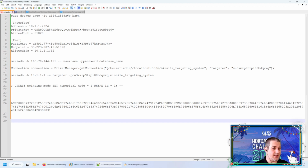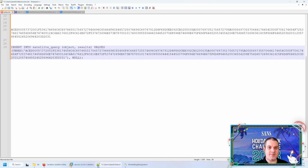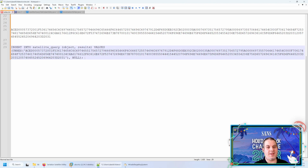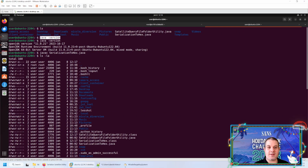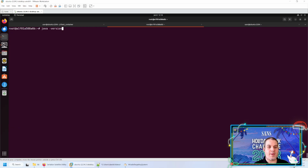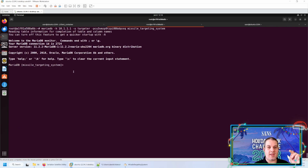The last thing is to put this one into an insert statement. And I'm just going to show you the statement. So this is the output, and I'm just placing it into insert into satellite query. I'm also going to just insert a null for the results. This is automatically populated. And then I'm unhexing all this. So it's the serialized Java bytecode that is being inserted in the table, just like we saw that, not here, but over here. So I'm going back and I'm reconnecting from the container to the MariaDB,